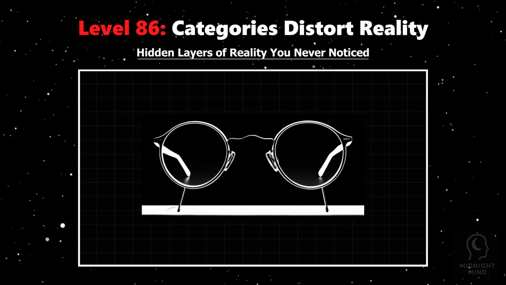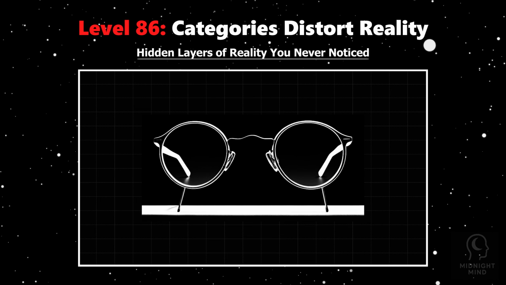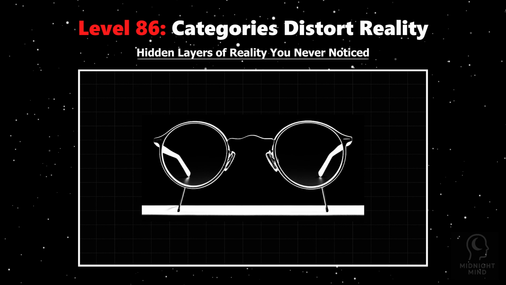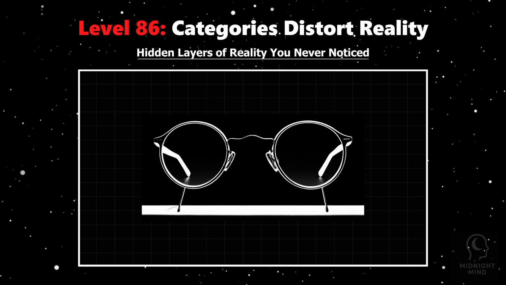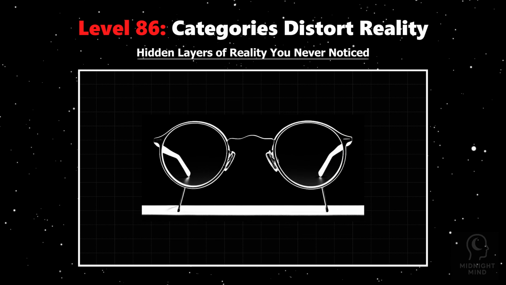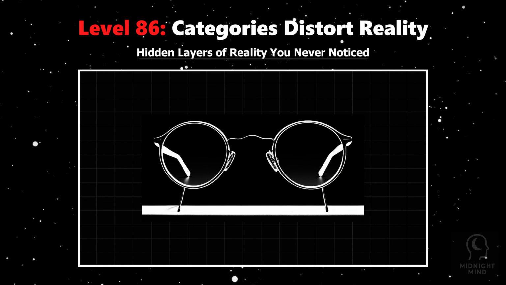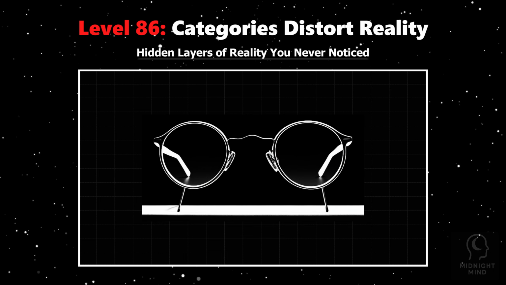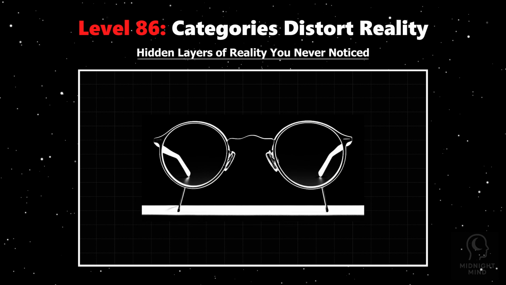Once something is labeled, our brain filters information to fit that category, ignoring contradictions or exceptions. For example, when you think of danger, your brain activates patterns tied to past experiences, causing you to overlook subtle signs that challenge that label. This is why stereotypes persist, and why people often misunderstand each other despite abundant evidence to the contrary. Labeling distorts reality by collapsing fluid, dynamic phenomena into static boxes, making the world seem simpler but less true.